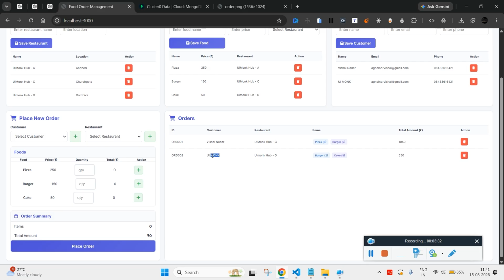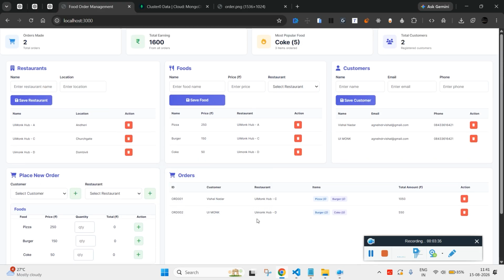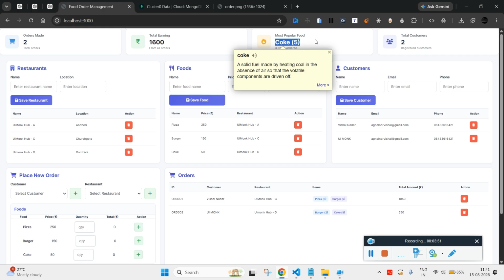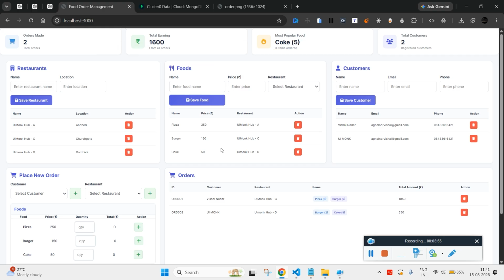Now in total we have 2 customers, and the total amount that we can check is in the dashboard top section area. So you see the total orders made so far is 2, and the total customers that have come to the restaurant is 2, and the most ordered, the most popular food is Coke, and the total earning so far is 1600. Let me add one more customer and we'll call him Ramesh, with some phone number